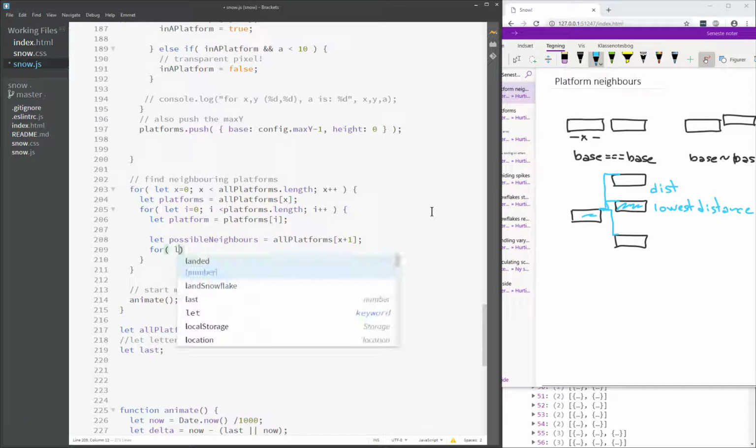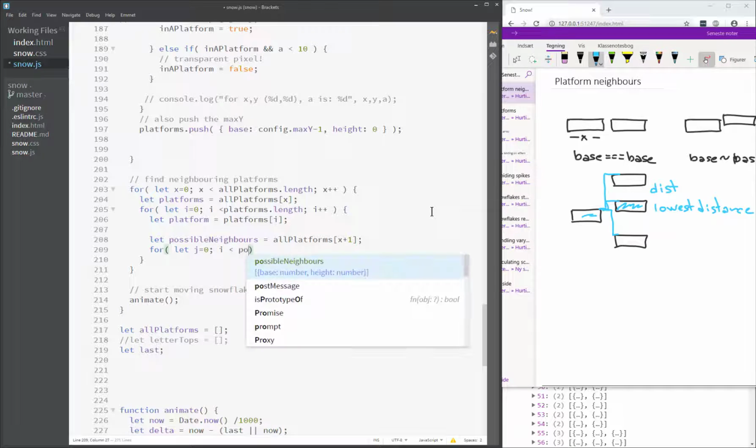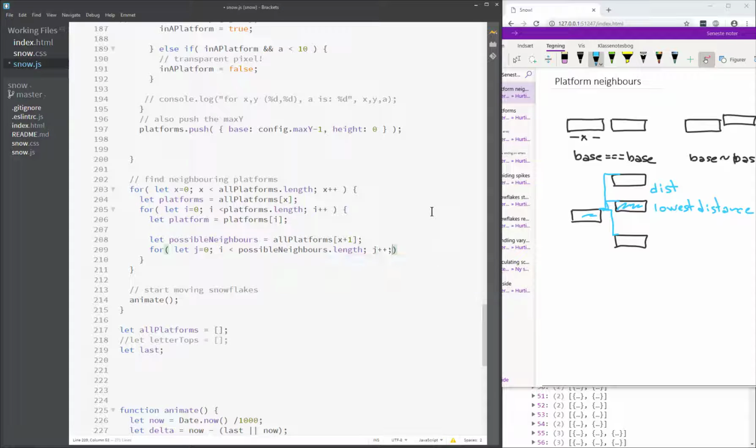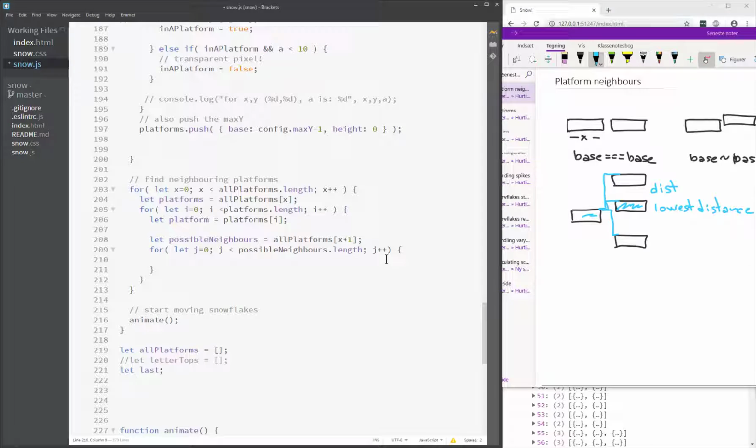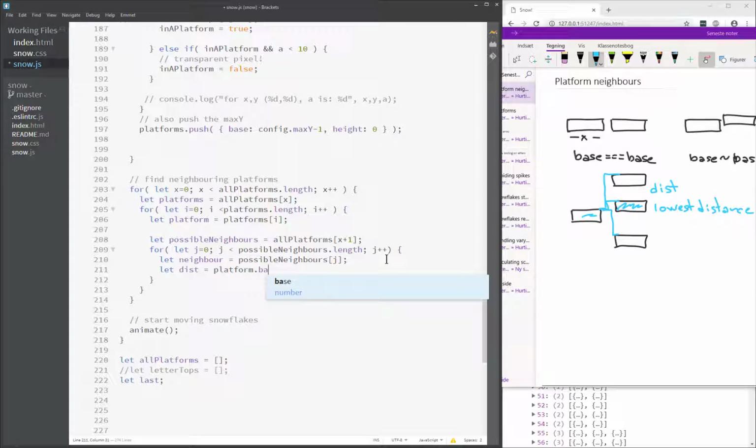So for let, I'm running out of variables here. Oops. I'm using J now. My possible neighbor, I'm just calling it neighbor, is my possible neighbors at position J. Then I need to find the distance. Let my dist be this position, this platform space, minus the neighbor's